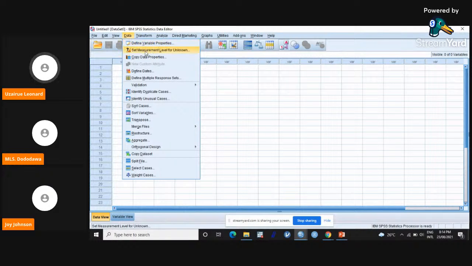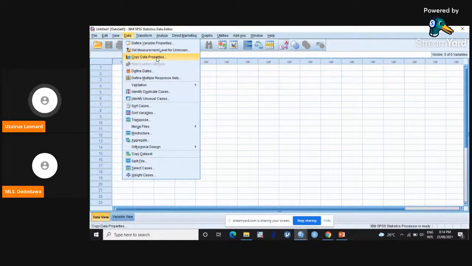Then the next one is that you may want to set measurement level for unknown, also included there. Then you may want to copy data property, the same thing. But basically, we don't really use this upper one. Where we really start using is when you want to sort the cases, sort variable, transpose,